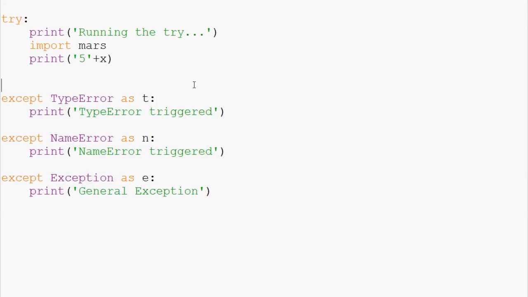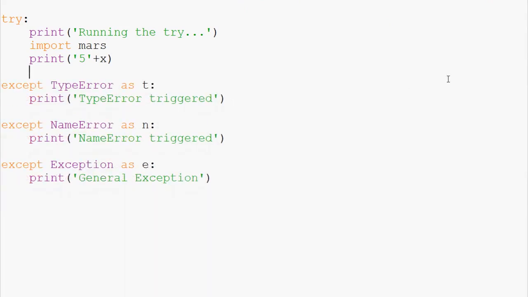Now, from here, generally you might want to think about saving the specific problem. You can either use Python's logging function and log the error in a log file. You can also just save it to a notepad.txt file and just say, hey, we had this error. Here's what happened. You can save the whole error to it.